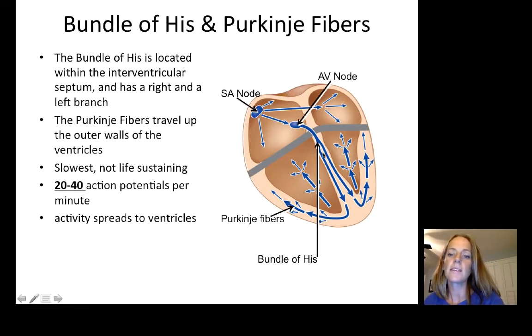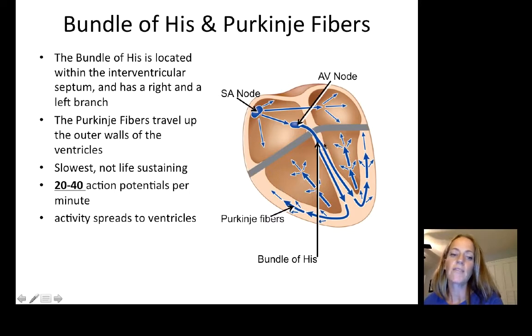The bundle of His is down here in the interventricular septum, and it has right and left bundle branches that spread electrical activity down the ventricles, and then from there the electrical activity will spread up the ventricles at